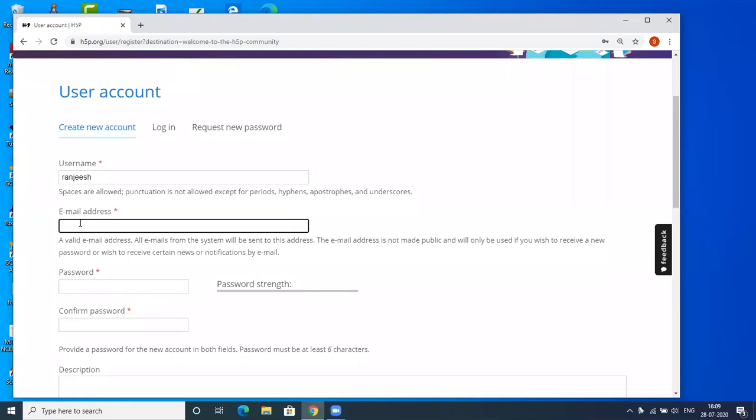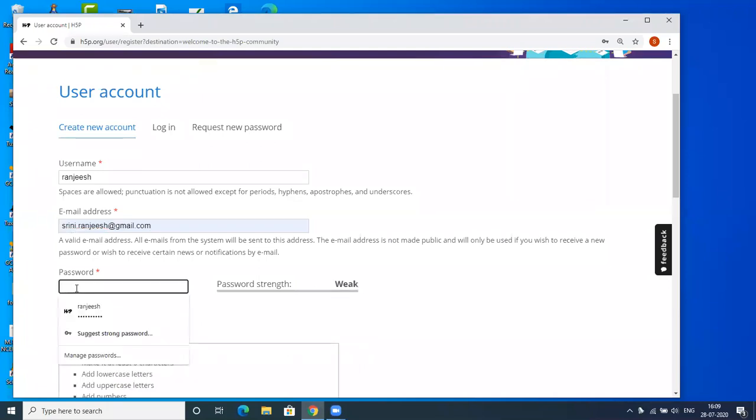Next, email. Email is also mandatory. I'm giving my email ID, a valid email ID, and password. Coming to the password, this is not the same password which you have given for your Gmail account. You can give your own very strong password in it. So I'm typing